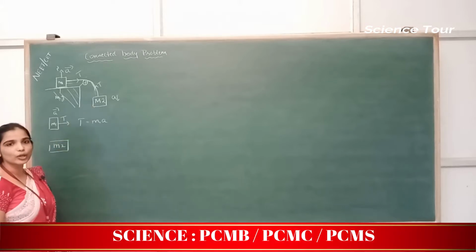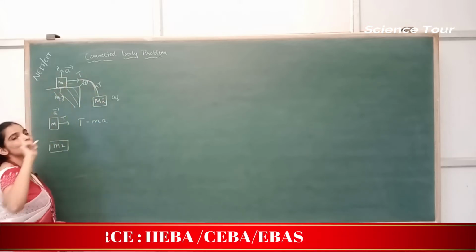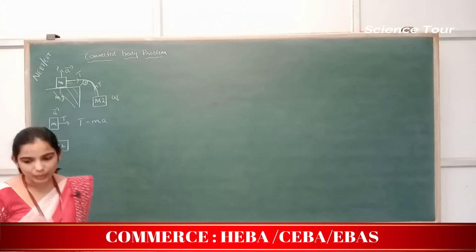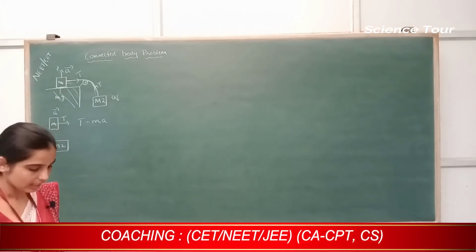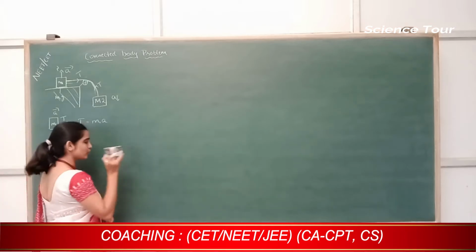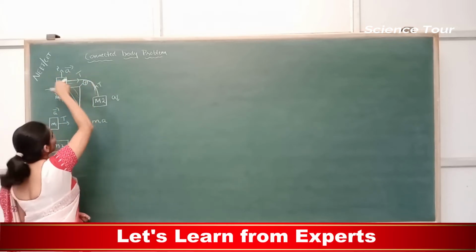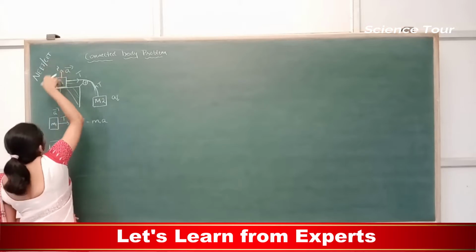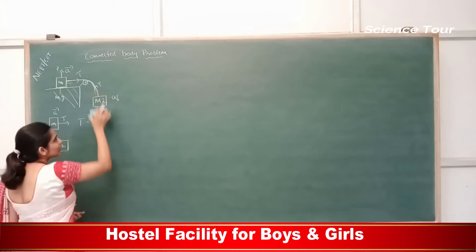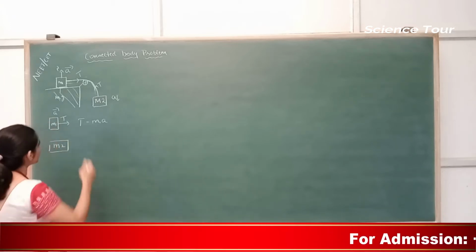What are the forces acting on M2? Here you can't neglect the weight of M2 because the weight of M2 is not balanced by any other force. It is accelerating. This body is not accelerating vertically. See, you have to visualize that. This is your M1, which is moving horizontally. If it is placed on the table this way, it is moving horizontally, it is not moving vertically. Vertically it is not accelerating, but M2 is hanging, right? It is moving vertically only, horizontally it is not moving. So M2 is accelerating vertically.